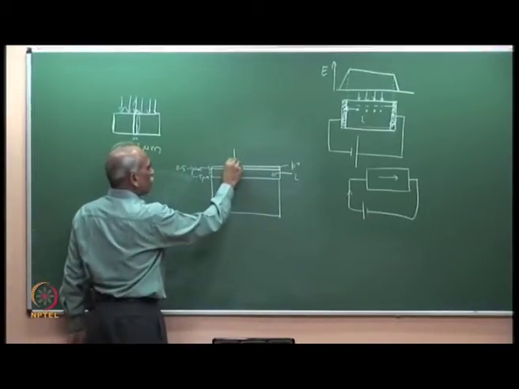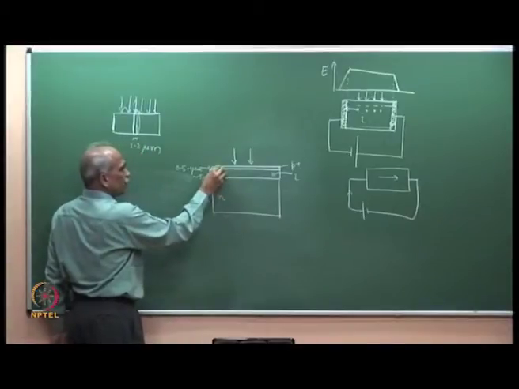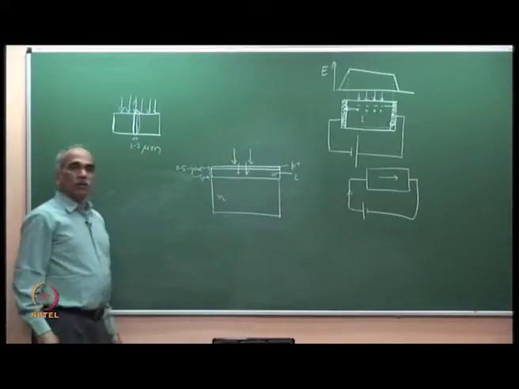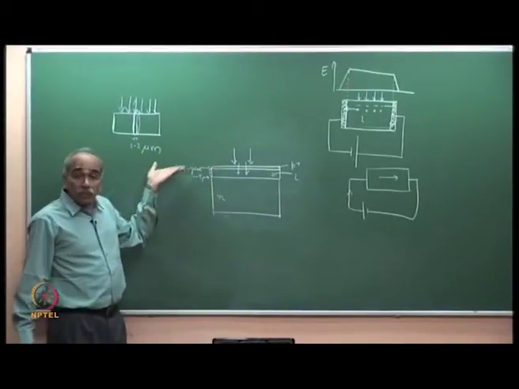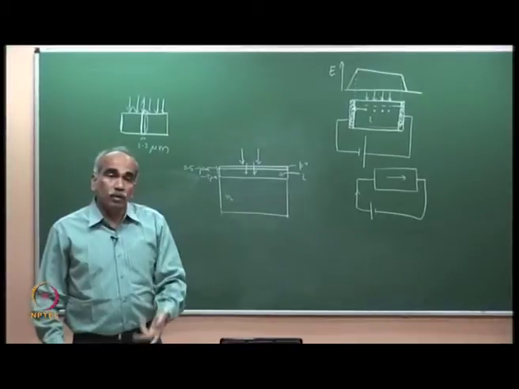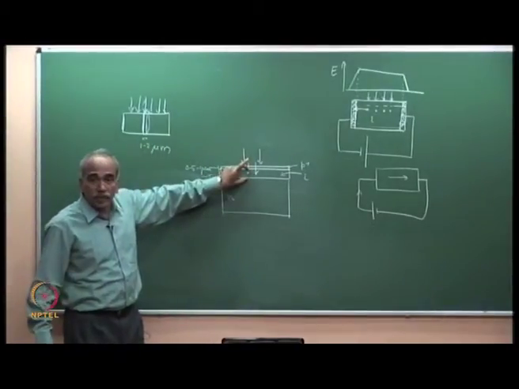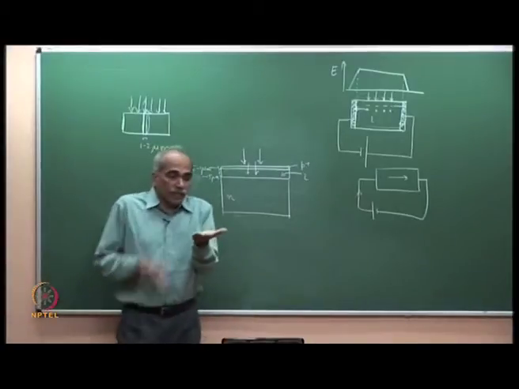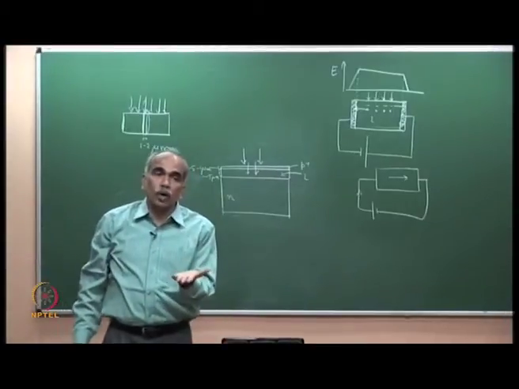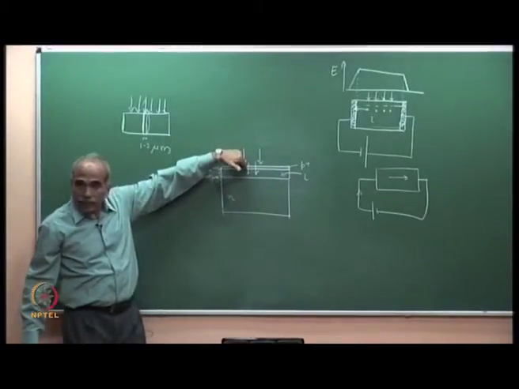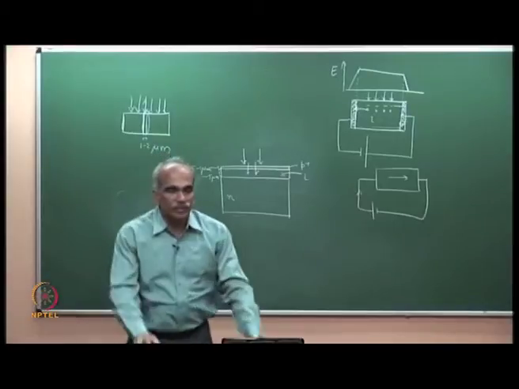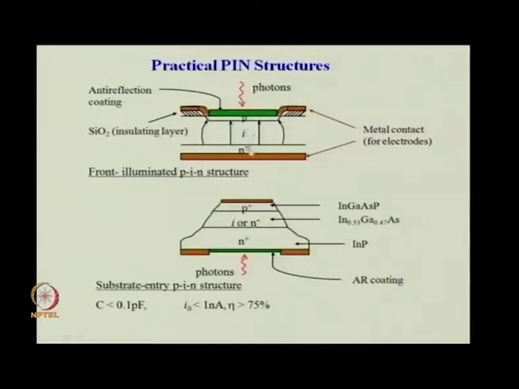Light is incident from the top, and because this layer is very thin, the incident light literally penetrates into this region. This is a very thin layer, maybe 0.1 micron. I have written 0.5 to 1, it could be very small, very thin region, because we want all the light to get absorbed here. In a practical structure, the layers are grown epitaxially and the light is incident from the top, which means when light enters this and penetrates, in this region we would like it to be absorbed. And that is why you can see the practical structure that is shown, P, I and N plus and